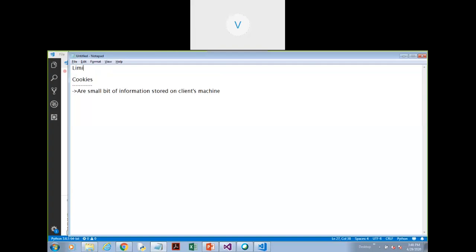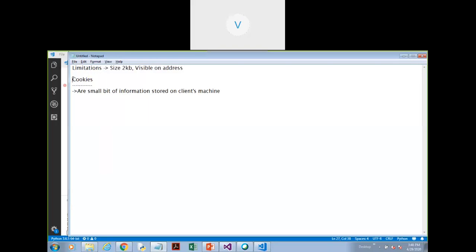Okay, so some limitations of query string. Its size limitation is there. So size can be 2 KB. You cannot go beyond 2 KB. The data you store in the query string cannot be more than 2 KB. And you saw, right, it is visible on the address bar, thereby it is not a very secured technique. So that's why we sometimes do not prefer using the query string technique. Okay, in some places it is simple, so we will still use it, but always we will not prefer that.